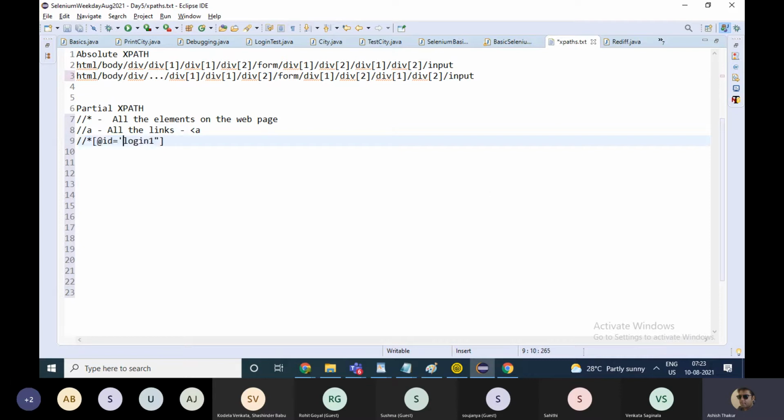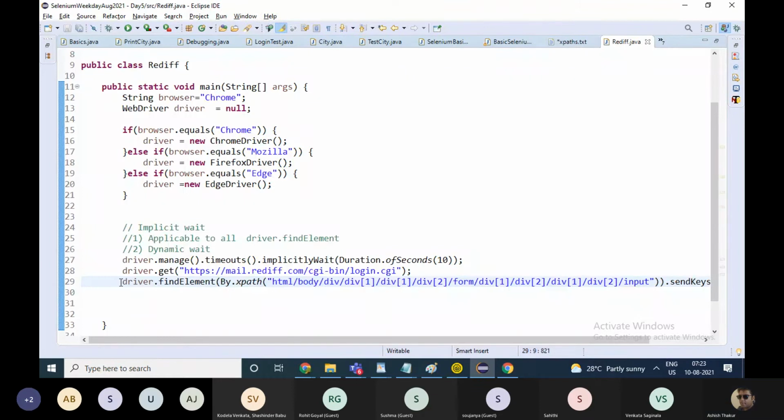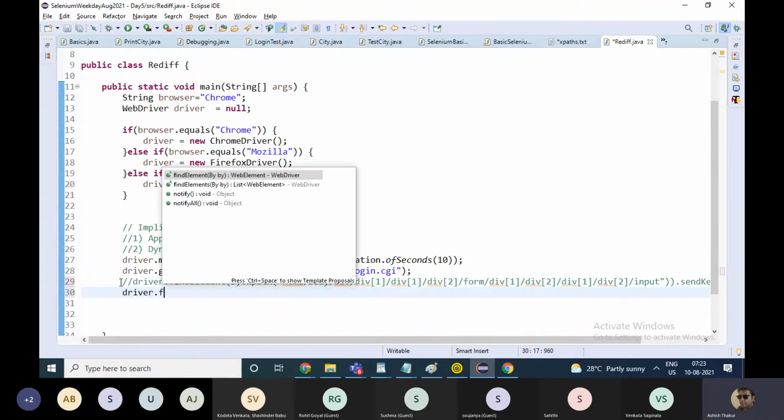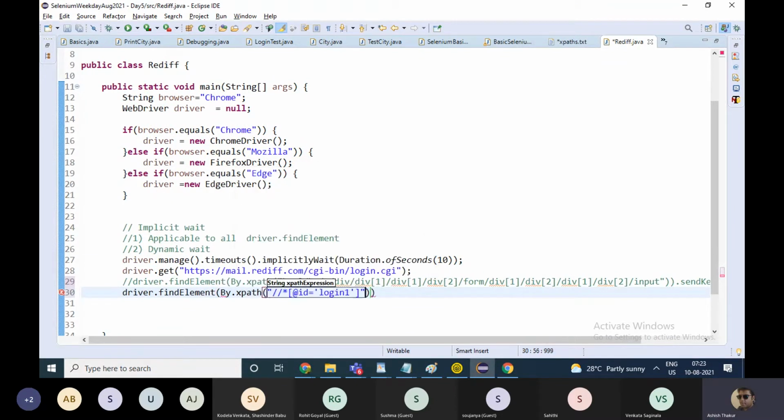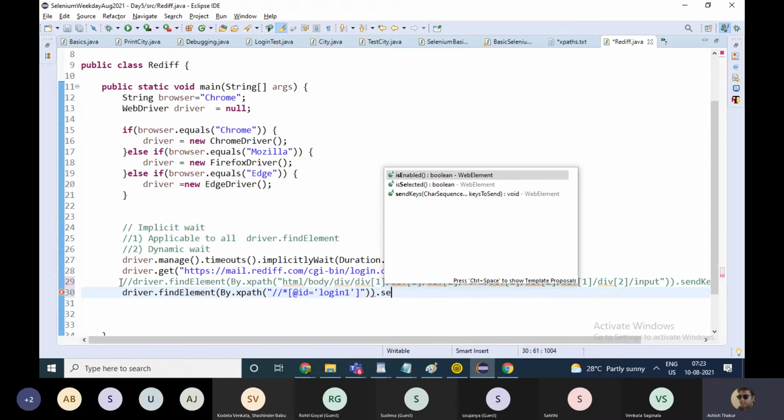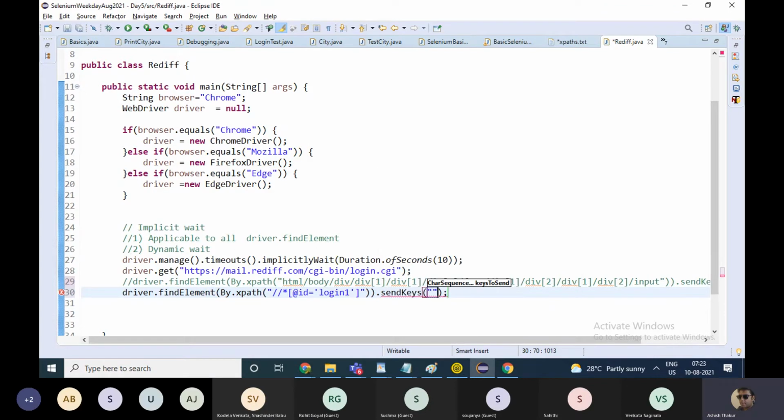And you can replace double quotes with single quotes as well, because that's what we need in Java programming. And you can write the command over here, driver dot find element by the XPath, this dot send keys.